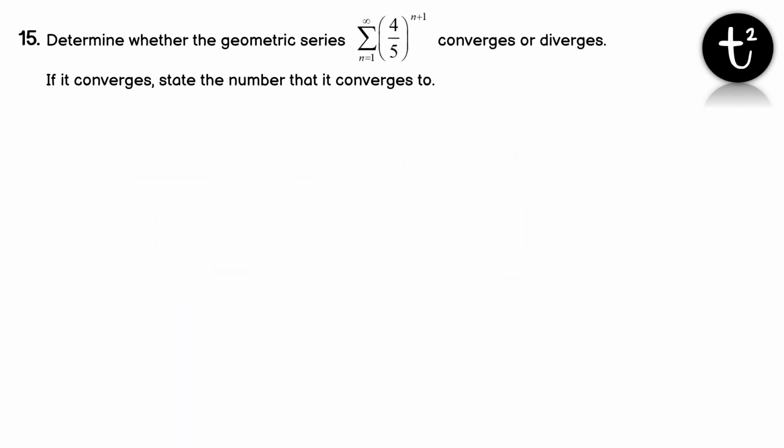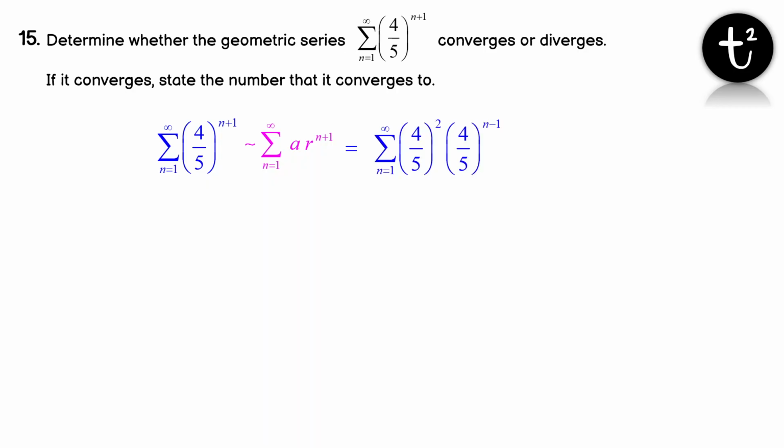Number 15, we would like to determine whether the geometric series, the sum as n goes from 1 to infinity of 4 over 5 raised to the power n plus 1, converges or diverges. All right. So first of all, we want to compare this, and we see that right now this is a sum that's in the form of a r to the power n plus 1. We really would like to have this be the sum of a r to the power n minus 1. So what I'm going to do is pull 2 units off of the base number